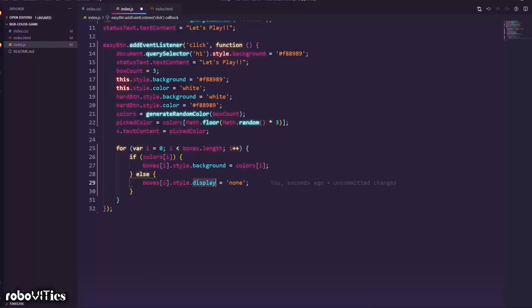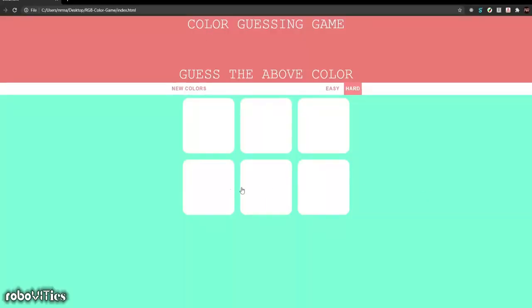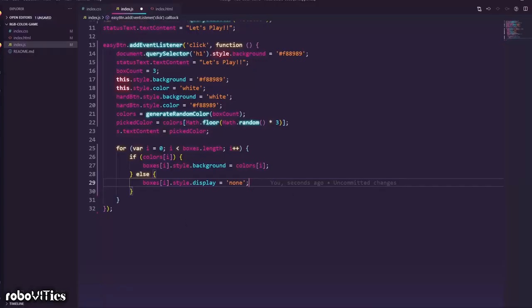So what happens over here is the first 3 boxes would be assigned the respective color from the array, and the next 3 boxes would have a display of none. What display of none means is it sets the display as none. That means it's not rendered onto the screen. So these 3 boxes would not be rendered to the screen.